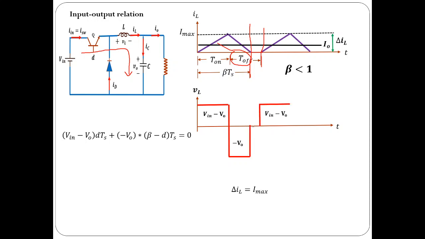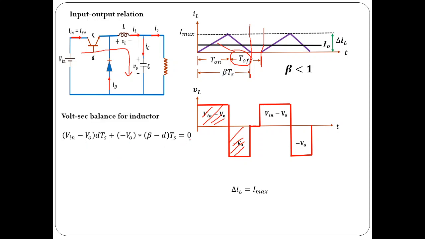And what about the remaining period? For the remaining period of the switching period, the value is equal to 0. The same thing repeats for the next cycle also. Now we know the volt-second balance can give some idea about the output voltage. So let us apply volt-second balance. Vin minus V0 into dTs is the area under this voltage waveform during the on period, minus the area under this voltage during this period. So this would be the complete area for one cycle. Find that and make it equal to 0. That is volt-second balance.